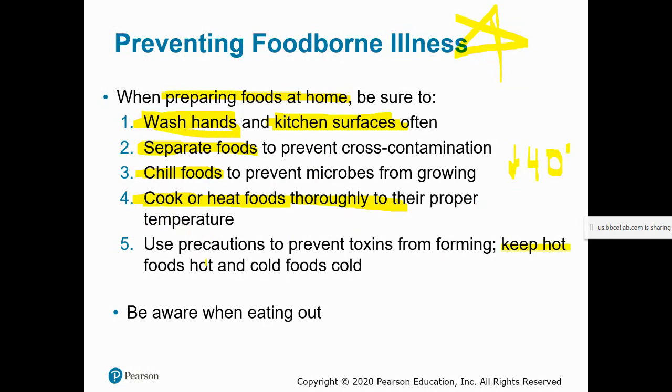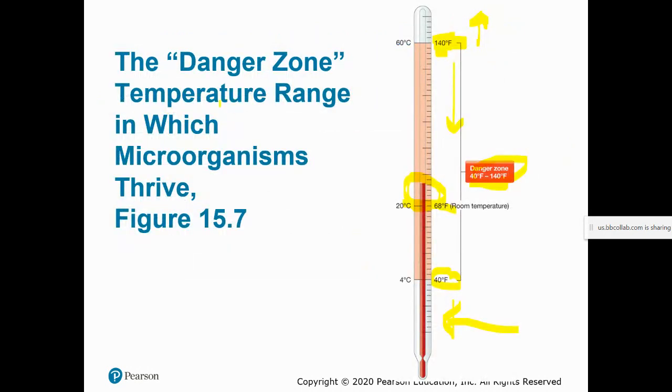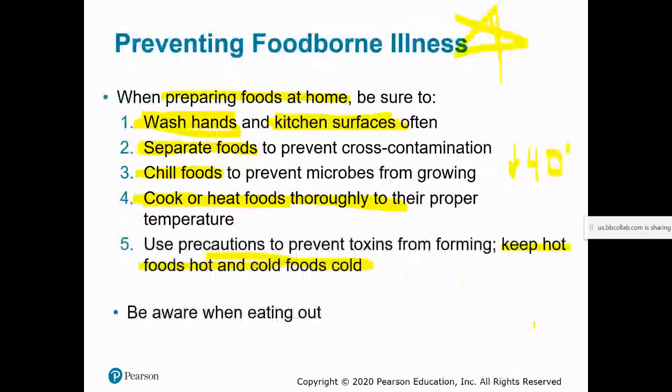Right, and then this concept of keeping hot foods hot and cold foods cold. As I showed you on this page, if you're going to be serving food for an extended period of time, hot food, make sure to keep it above 140 degrees Fahrenheit. If you're going to be serving cold foods like different salads or coleslaws, or an egg salad, for example, you want to make sure that you're actually keeping it cold, below 40 degrees Fahrenheit, to ensure that all of the food you're serving is outside of that danger zone temperature.